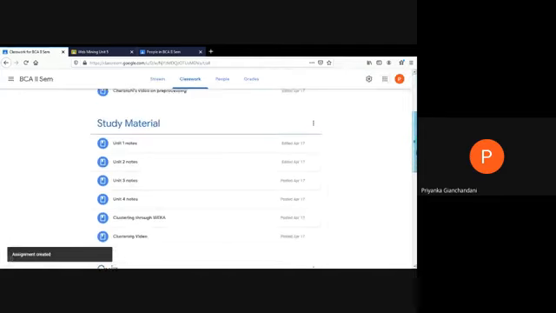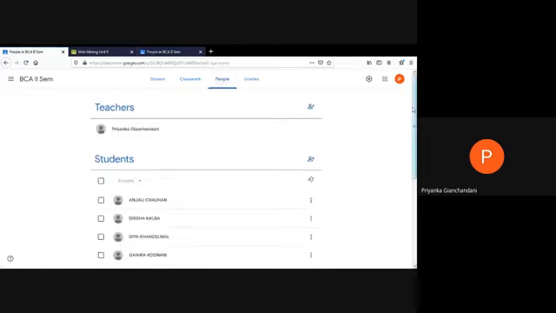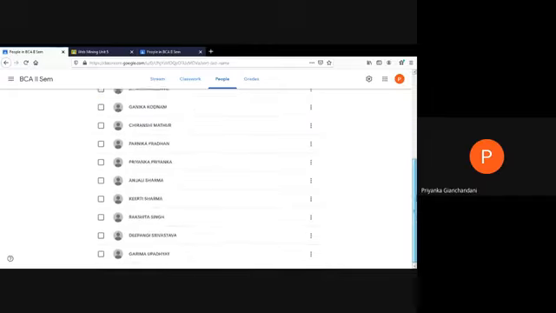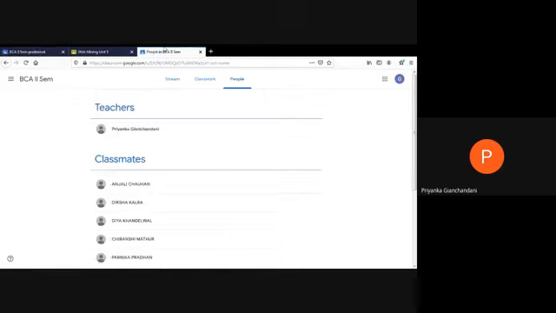So if I now move on to my assignments tab, I would be able to see the assignments which I just now posted. So this is all about the classwork tab. The people tab talks about all the students or all the people who are part of that particular classroom, and the grades. Now, whichever assignments I have created for my students, I can always grade those assignments. Like the presentation that I had taken for my students, I've already graded. So I gave the marks to all my students, and if I move on to the students tab, this is one of the students' tabs.